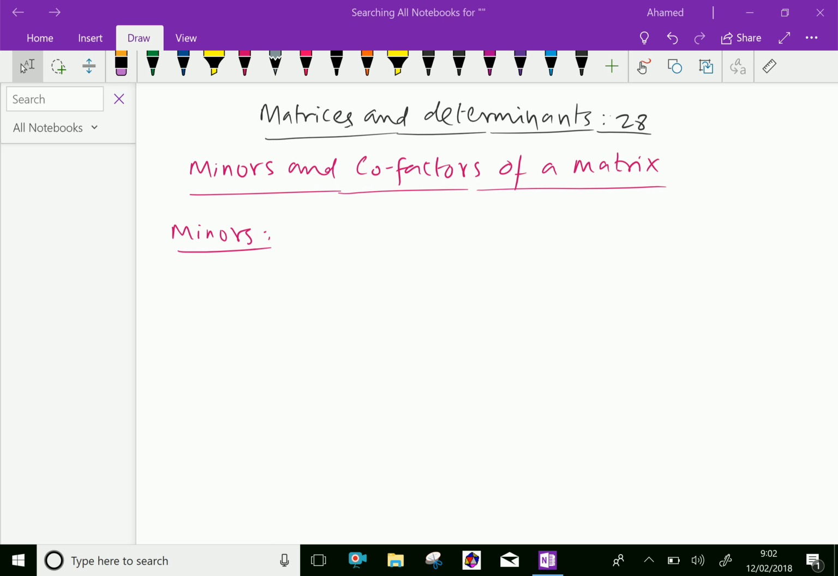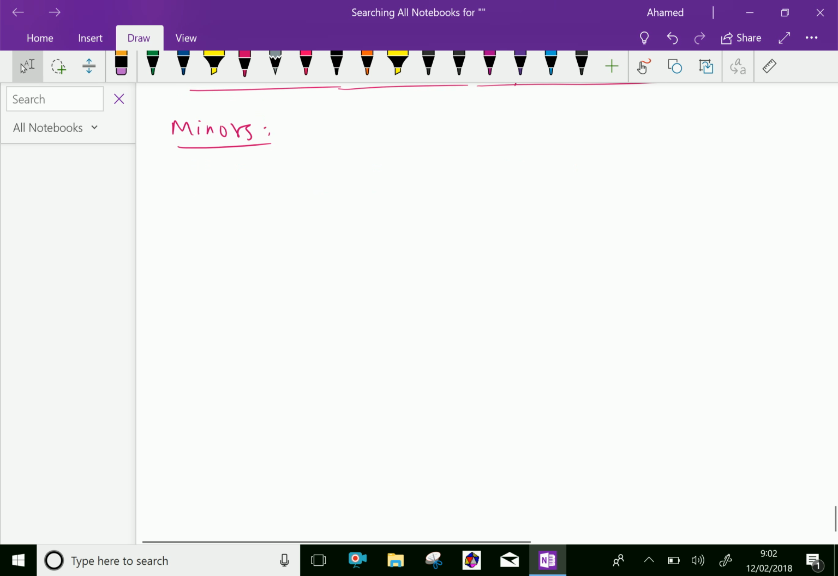In matrices and determinants, let us discuss minors and cofactors of a matrix. First, let us discuss minors. Consider a square matrix A in general form,